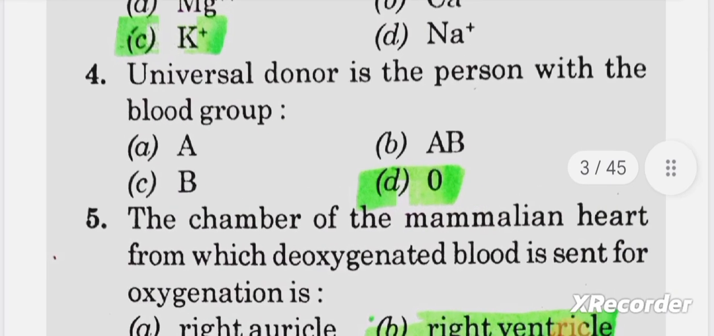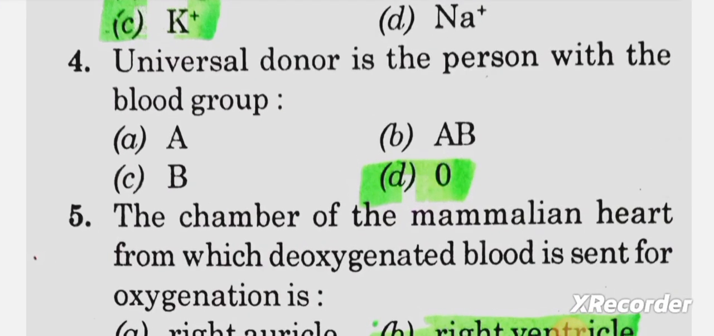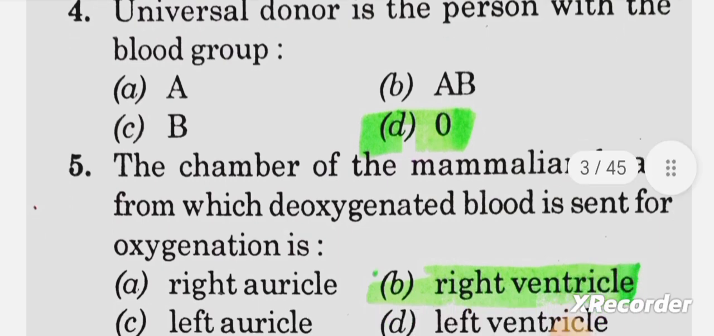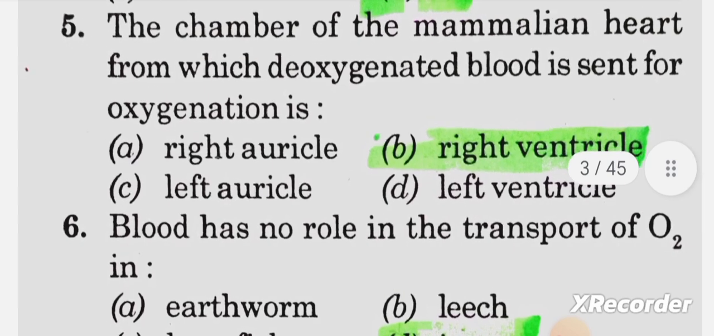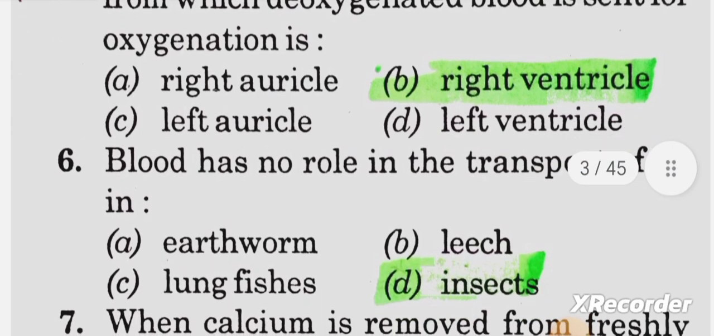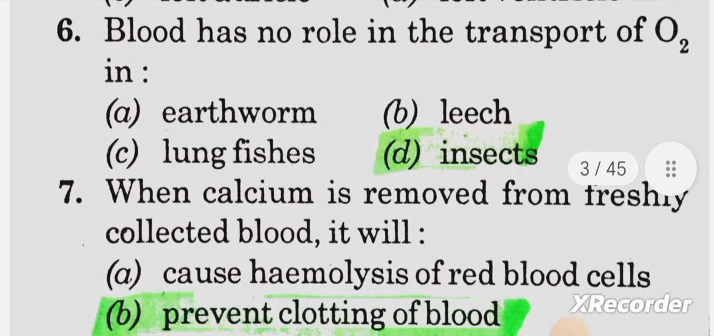answer C, K plus. Fourth, universal donor is the person with the blood group answer D, O. Fifth one, the chamber of the mammalian heart from which deoxygenated blood is sent for oxygenation is answer B, right ventricle. Next, sixth, blood has no role in the transport of oxygen in answer D,